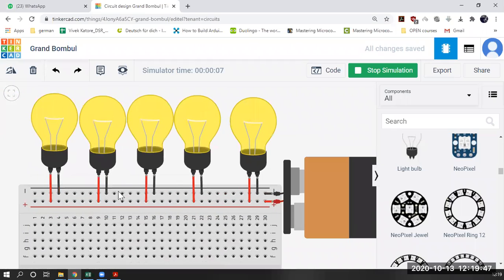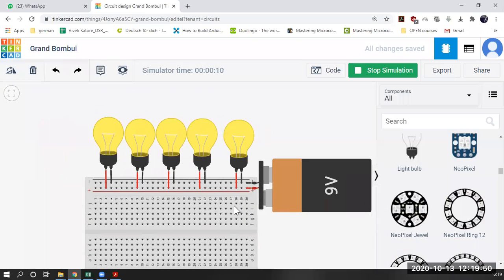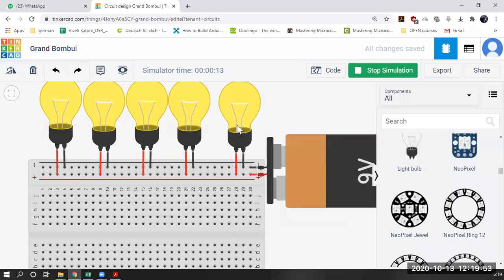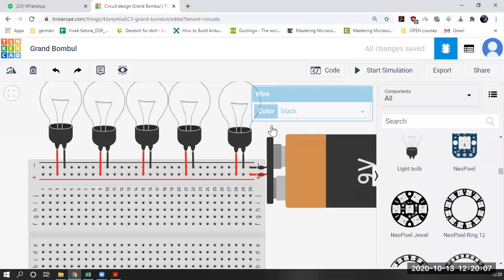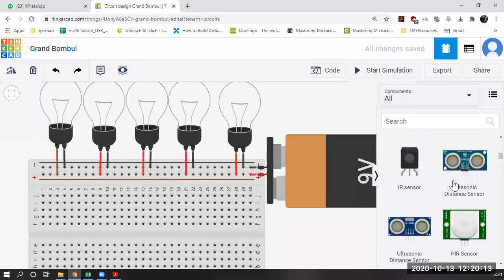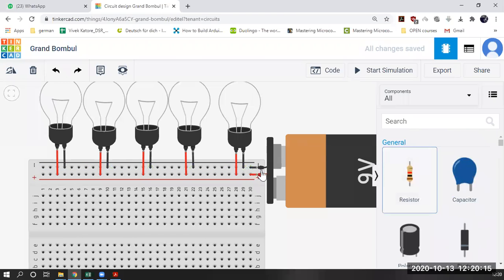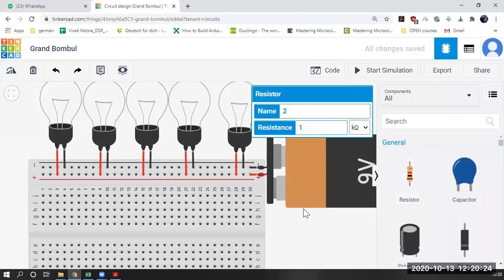So this is how we can use a breadboard. But this was just about connecting a simple bulb. Now let's stop it. Now suppose I want to connect one resistor, so how can I connect it? Always remember the resistor we have to connect in one line. If I want to connect a resistor, how am I going to connect this? Let me connect it, then you can understand.